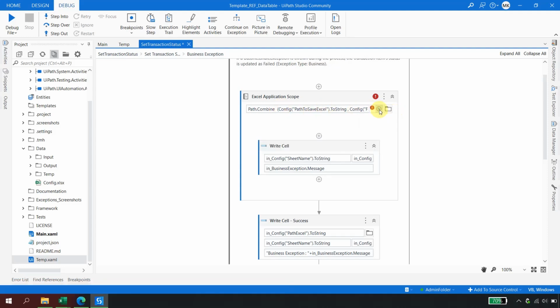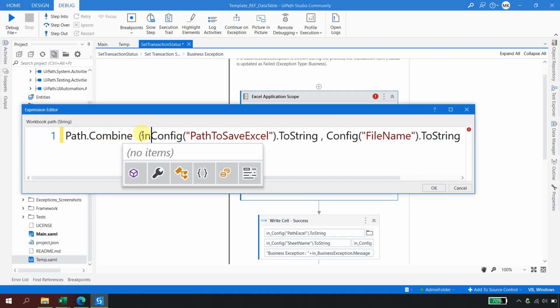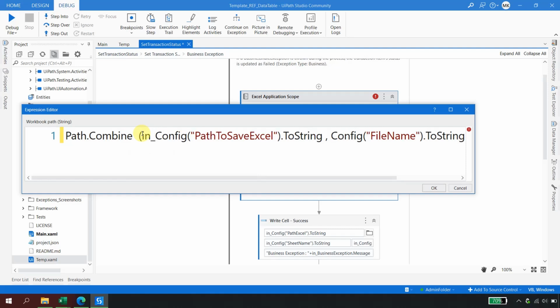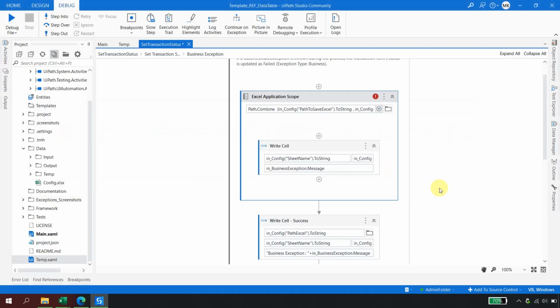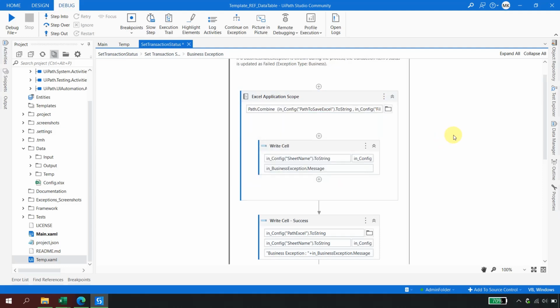Okay, because let me just open it in advanced editor. It is saying that I do not find the config, right? Because it's not config here, it's in underscore config, I guess, right? So the variable name should be proper. I just copied and pasted here. Again it is showing some error. Yeah, it's gone. Okay, so in this Excel, go to this sheet, take the cell number dynamic, write the business